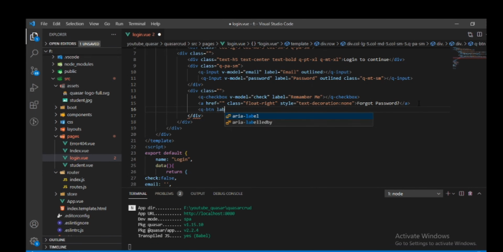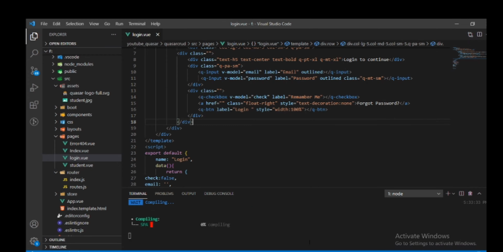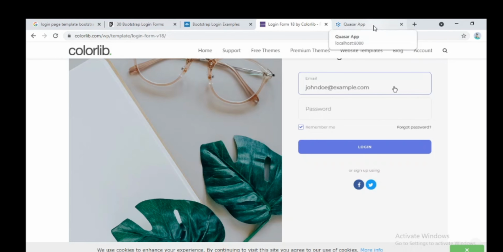Okay, label login, and then style will be width 100%. Okay, so let's look at how it is looking.